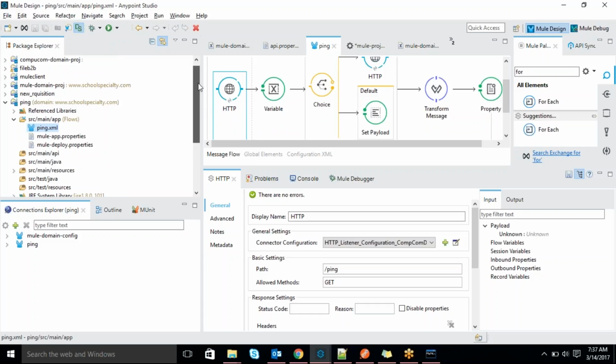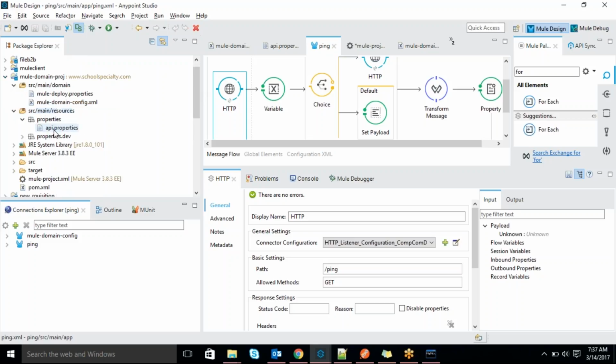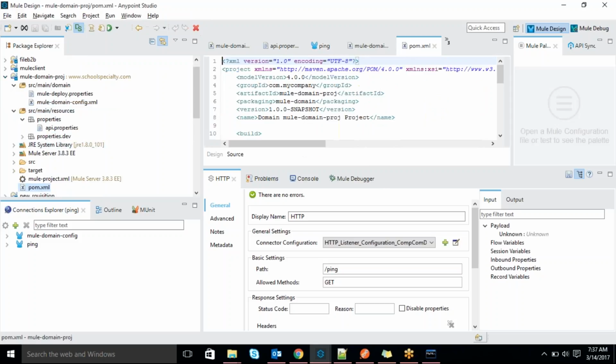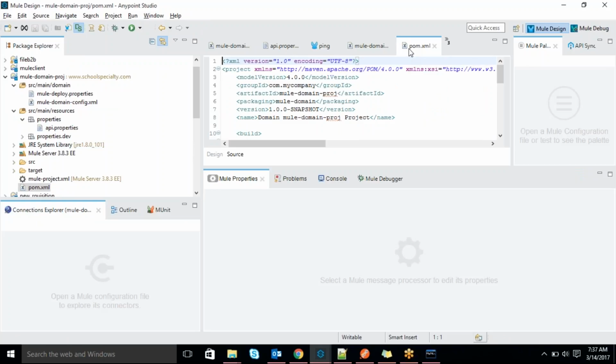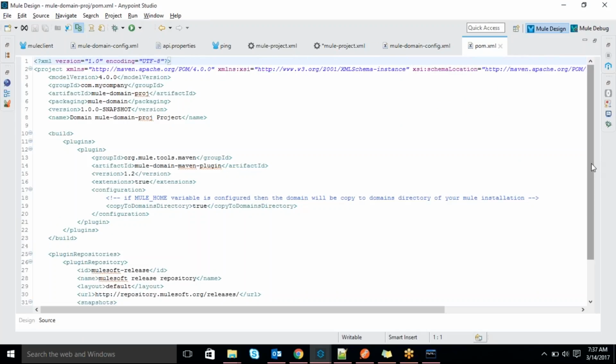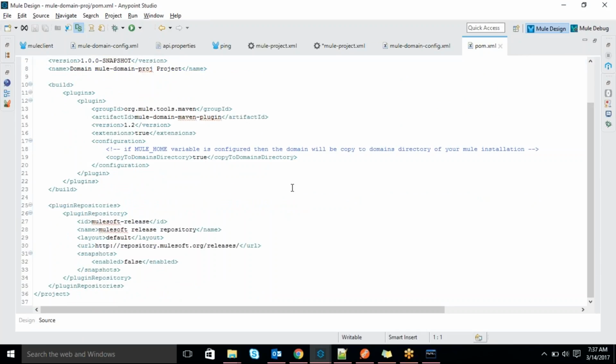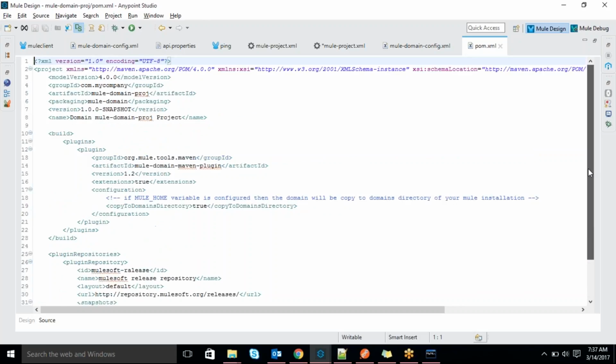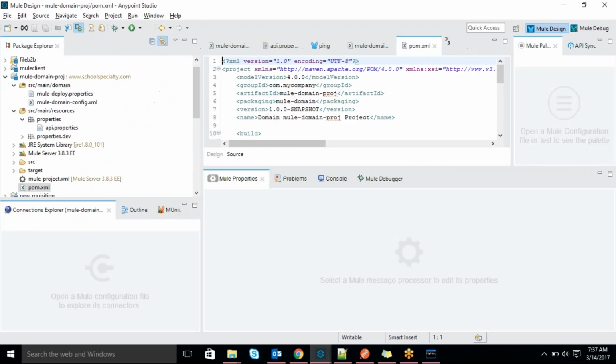Suppose you are using a database connection. There is a jar file required, whatever the database you are going to use. So if you mention it in the top level, if you are trying to create a Maven project, then pom.xml will be created. In the pom.xml, if you mention the database jar file, then there is no need to include it in all the services, right?